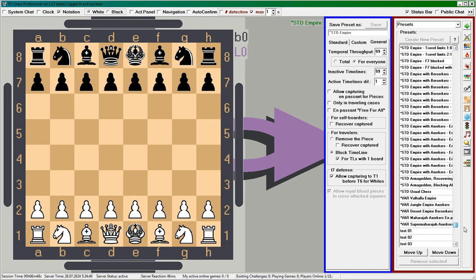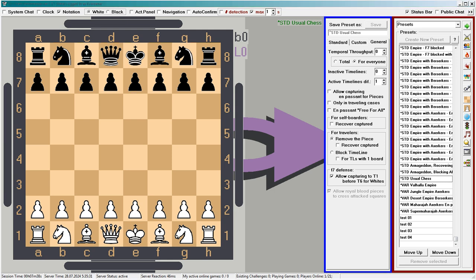We have a preset usual chess, for example. In it, the temporal throughput is 0, and 5D chess turns into the most ordinary classic chess. The next parameter sets the maximum number of inactive universes a player can have. In some presets, this can help you prevent the opponent from escaping with kings to inactive universes, because if the number of kings needing to escape exceeds the number of available inactive universes, traveling to the past is impossible, and escaping will not work. The same applies to checks.